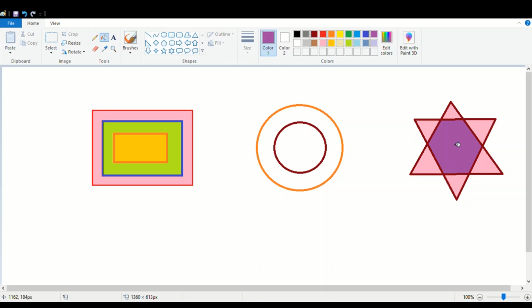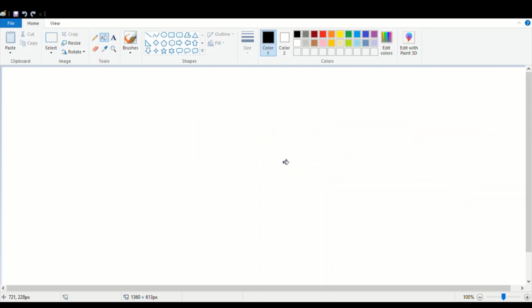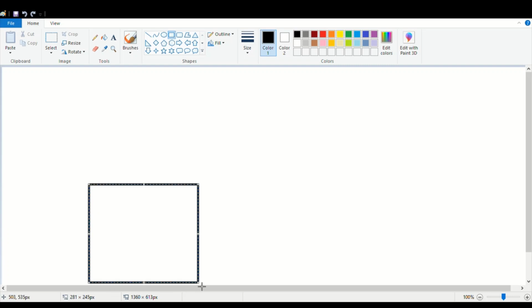Alright, so now I will tell you how to draw a simple drawing on this paint program. For that I am opening a new file. So I will go to the file menu or the paint button. I will select new. I don't want to save this and I have a new drawing page. Alright, now suppose I want to draw a Diwali scene. So first I want to draw a simple house using my rectangle tool. I will draw a house, a hut I would say, not a house, I will draw a hut.